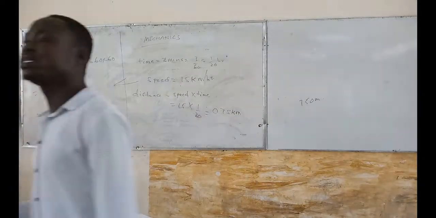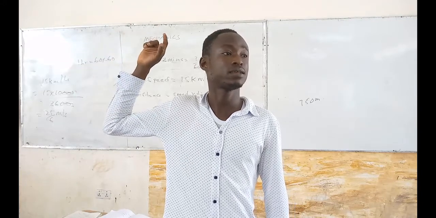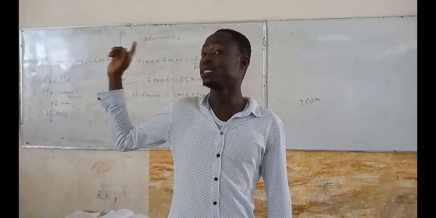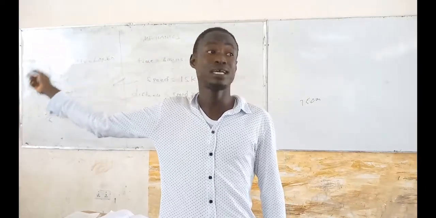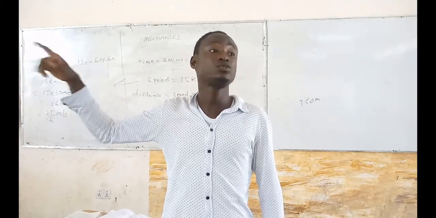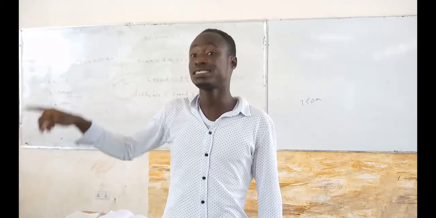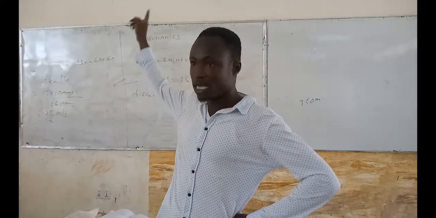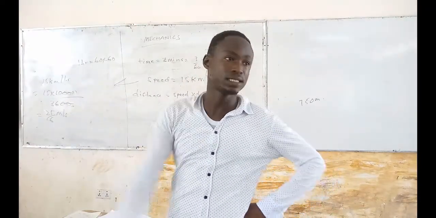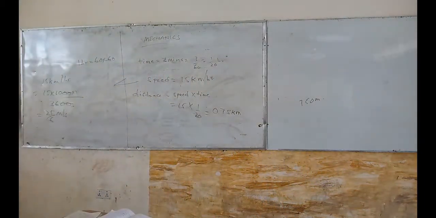Let's consider the next one. Please, who is having a problem with the conversion? How to change kilometers per hour to meter per second? No problem. Every kilo means 1,000. So in place of the kilo, if you put 1,000 there, you are left with meters. But it will be meter per hour. But we want it to be meter per second. So the hour in seconds is 3,600. And since it's per hour, it is divided by 3,600 seconds.